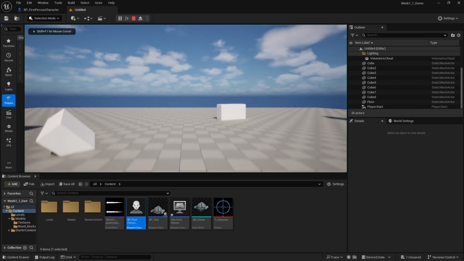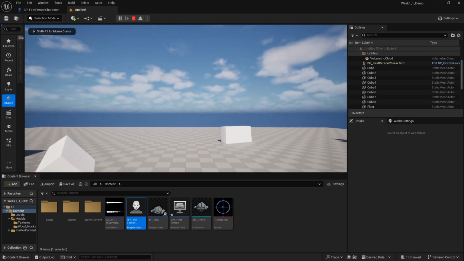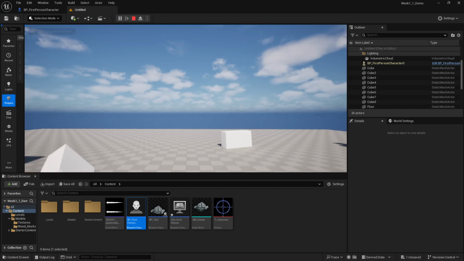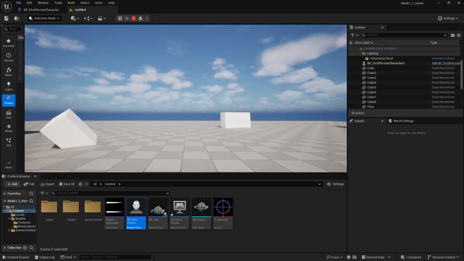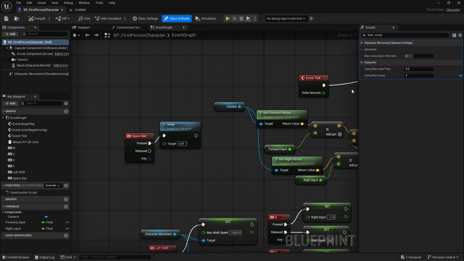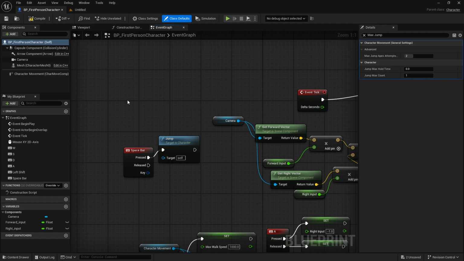Go back here. And you can see I jumped 5 times, then I was spamming the spacebar button and it wasn't letting me jump anymore. Again, super cool, super simple. We can have the character jump as many times as we want. And the other cool thing about this, again, is